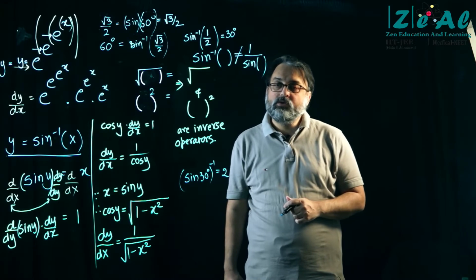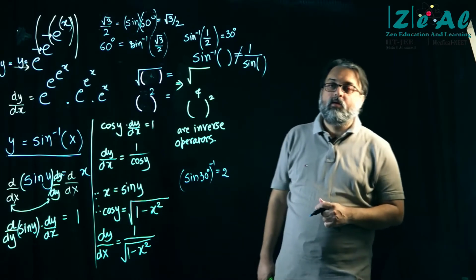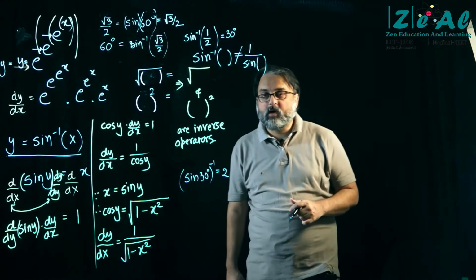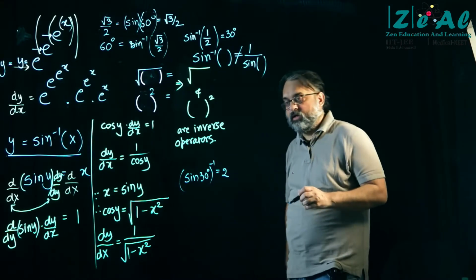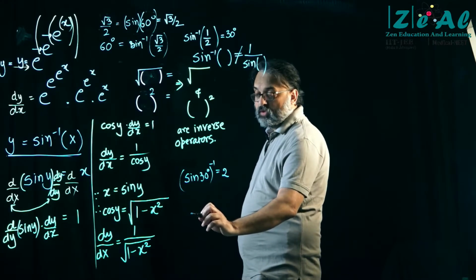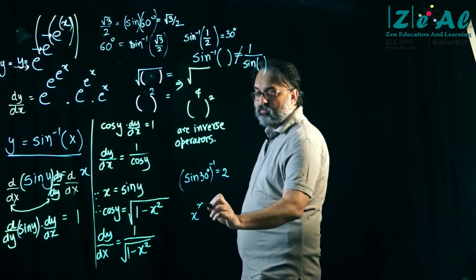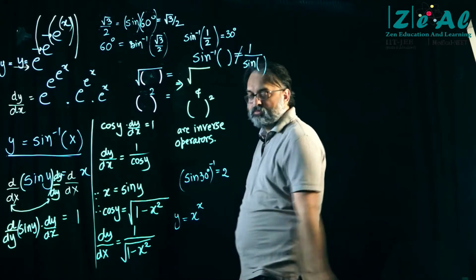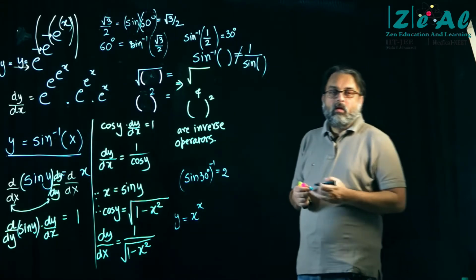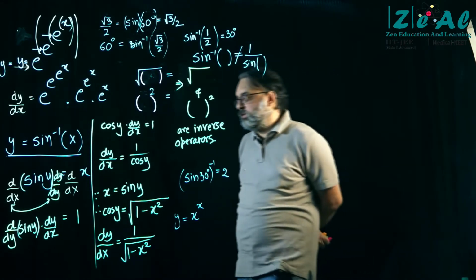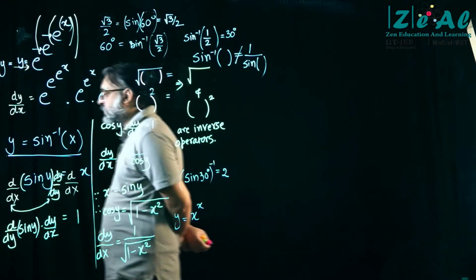हाँ, बिल्कुल चेन रूल से सेम आंसर आएगा. हाँ, x पावर x दिया था क्या? हाँ, x पावर x, okay, x पावर x. So x raised to the power x, y is equal to this. Okay. So again, it turns out that this is not straightforward.